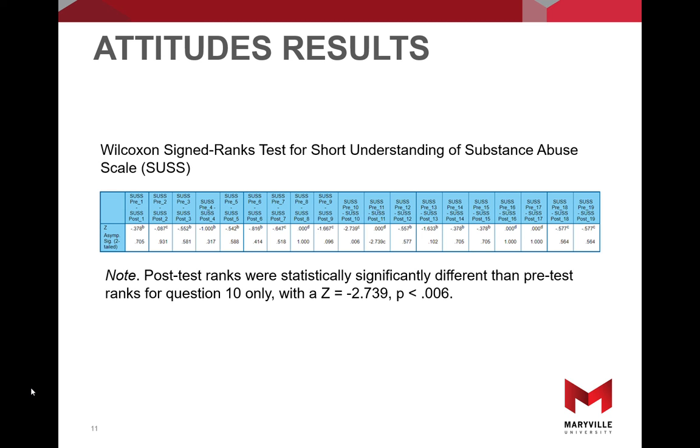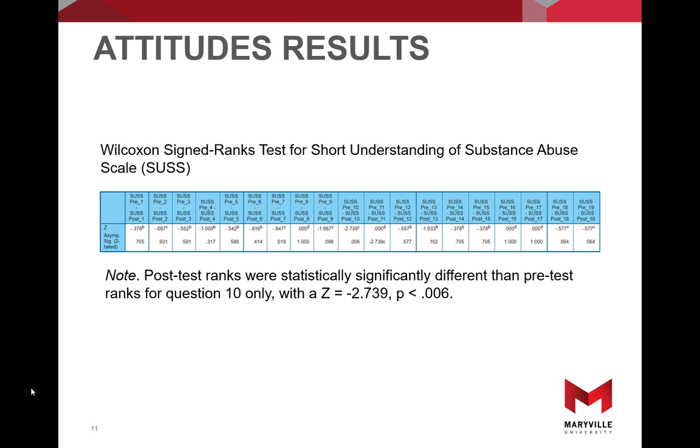Question 10 on the SUSS states, "Usually, if alcoholics and addicts fail to recover in AA, NA, or CA, or in treatment, it is because they are unmotivated and in denial." After viewing the expert educational module, respondents were more likely to change their answer from strongly disagree or disagree to neutral or agree. This reveals that after viewing the educational module, respondents were more likely to think that people with substance use disorders are unmotivated or in denial.